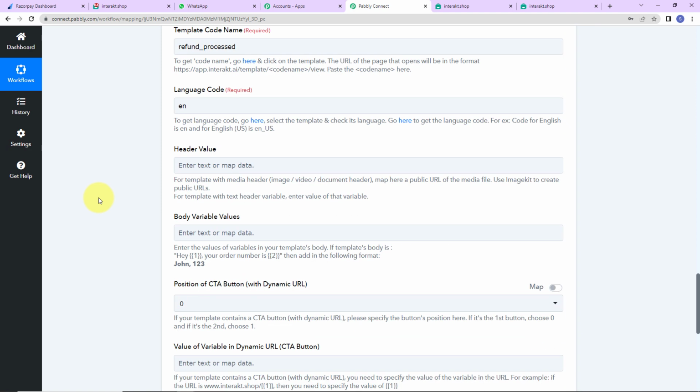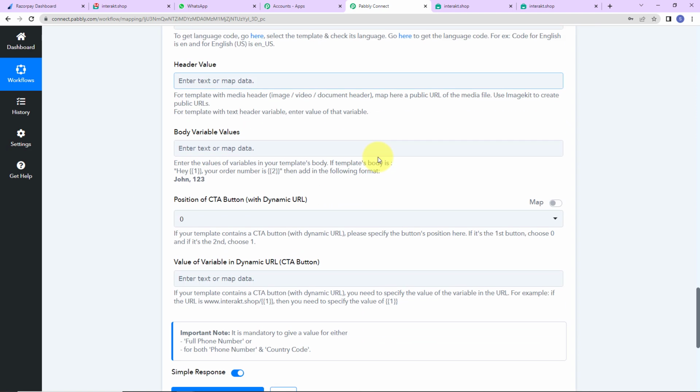Then we have the header value. So we have not selected any header, so this is going to stay blank. Comes the body variable values. Now there were 3 body variables. First one where we had to enter the name, second the amount, and third where we had to enter the name of the product. And you have to separate them with the help of